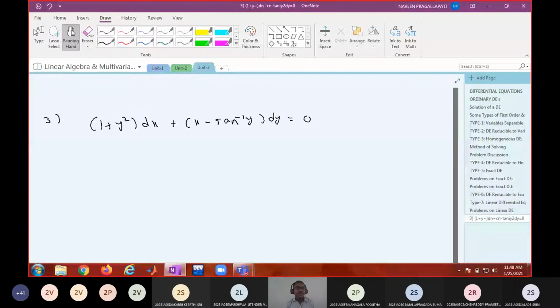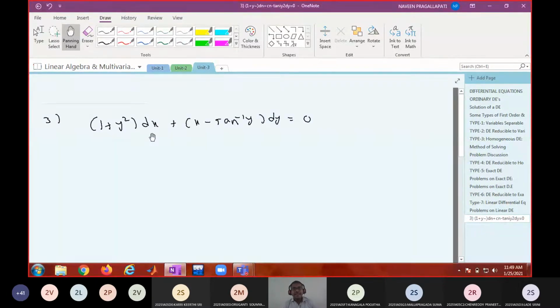Now, what is your first observation? By looking at this differential equation, what is your first observation? Can it be linear in y? Why? Why it cannot be linear in y? Degree of y is not 1 anyway. For a linear differential equation, degree of the dependent variable and its derivative must be 1. If you think y as a dependent variable, y degree is more than 1, therefore it cannot be linear in y. It is violating the condition for linear differential equation in y.